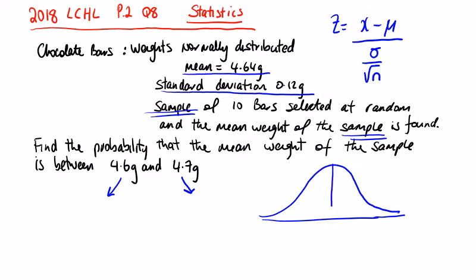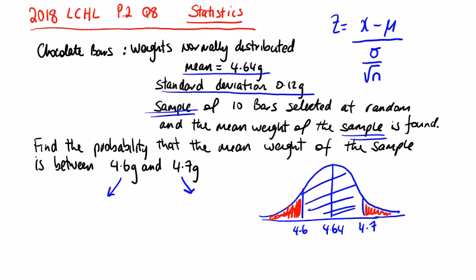So my average is in the middle, 4.64. I've one to the left. I'm going to just move it away to give myself room. And to the right, I have 4.7. So we're looking for what's in here. So what I need to do, I need to get the Z score for 4.7 and find out what the tail is. And I need to get the Z score for 4.6 and find out what the tail is. And take those two tails away from one,